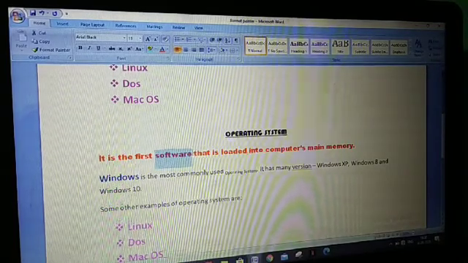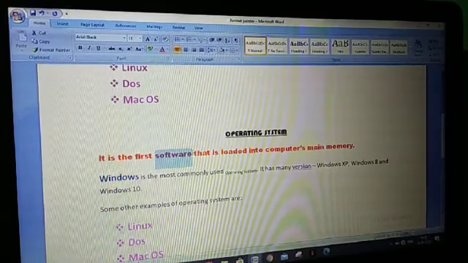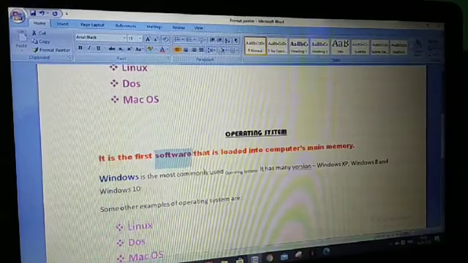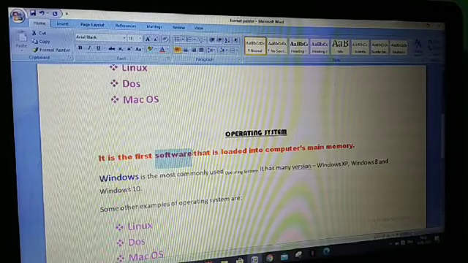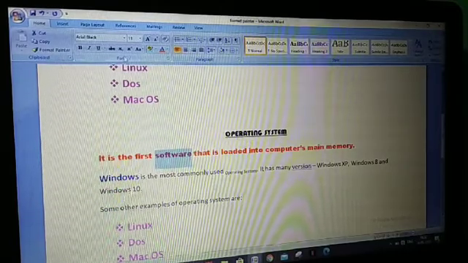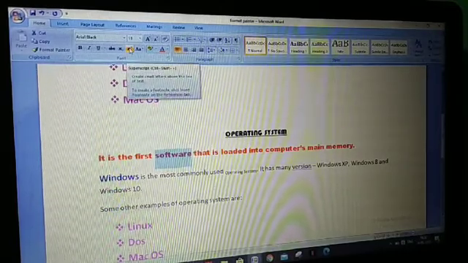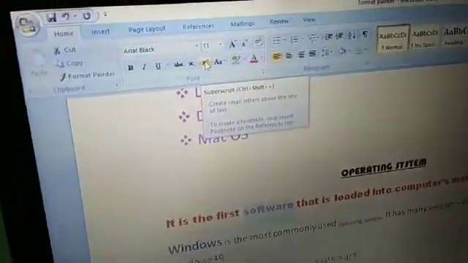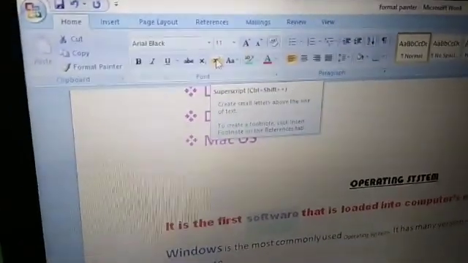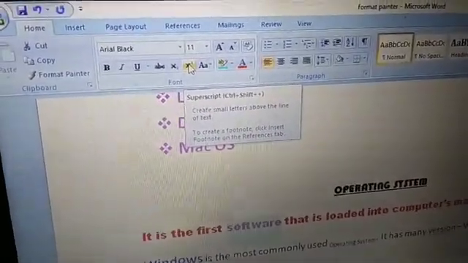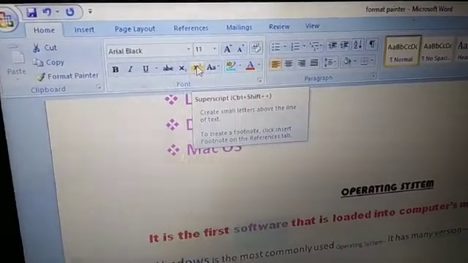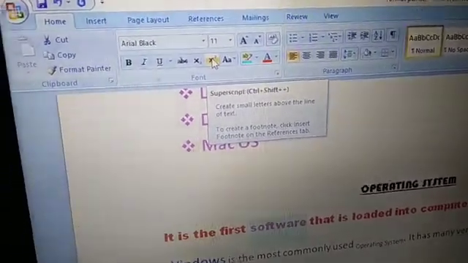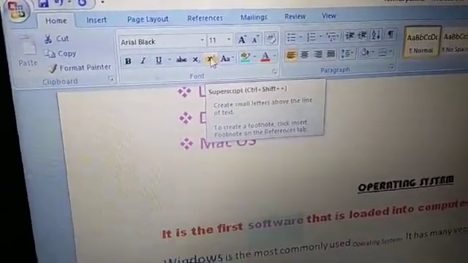Now I selected the text software, and this is the superscript button. I'm taking the camera closer to the superscript button. It is written X with power 1. So this is the superscript button.